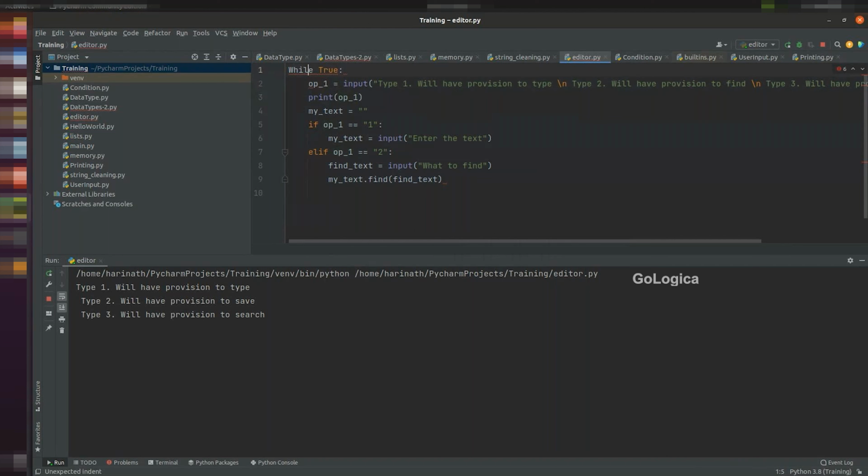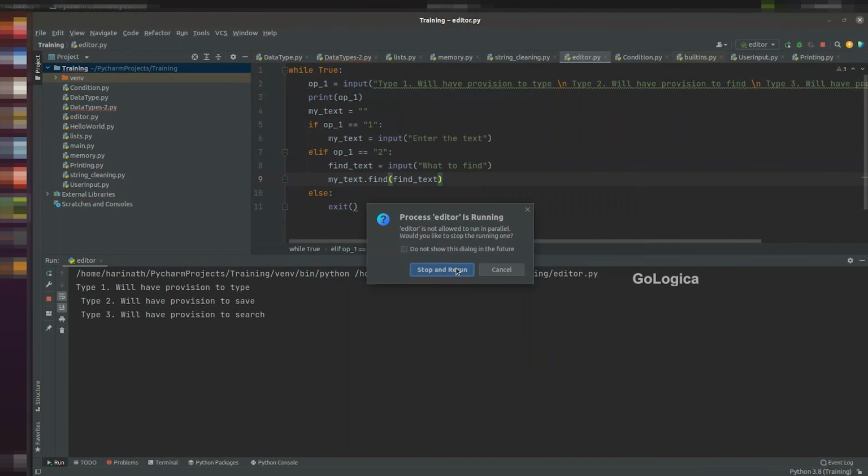What is it? So I keep repeating it. I have to also say the instruction. Else, if it's anything else, I say exit. I just want to exit. I just have to accept 1 and 2. You may have to implement other things. If I run it,